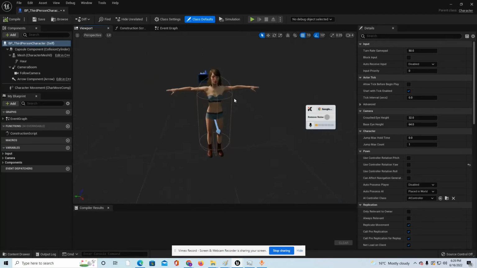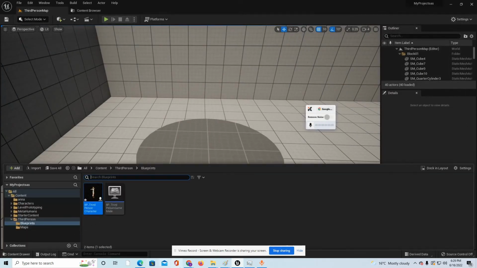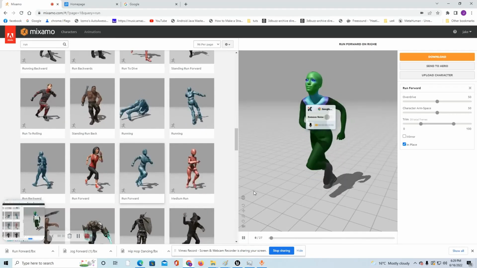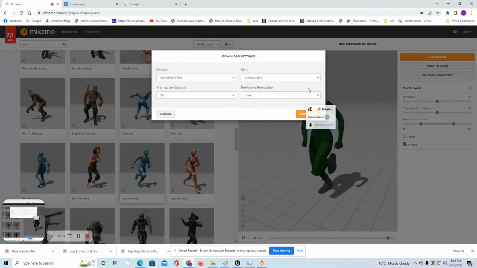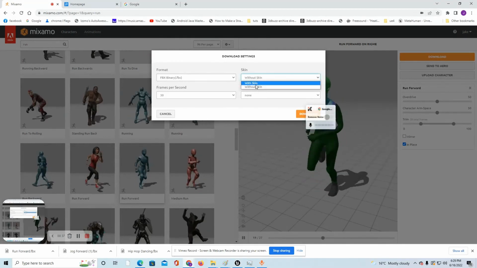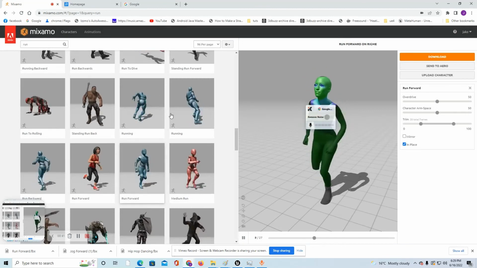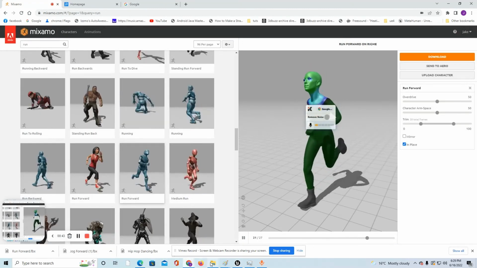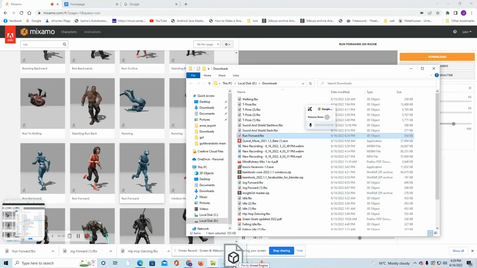So now what's left to do is we're just going to add some animations to this model. So we're going to compile, save it, and then close down the blueprint. We're going to go over to our Mixamo, and we're going to download the sprint animation. And we're going to go without skin, and we're going to download it. FBX, of course. When that's done, we're going to open up Downloads folder and just click and drag it into